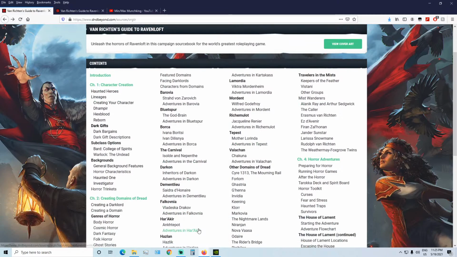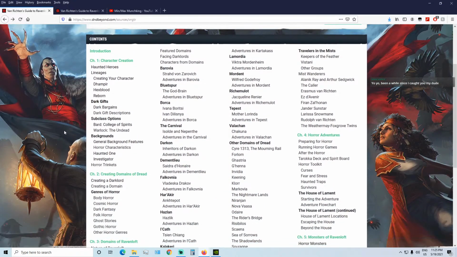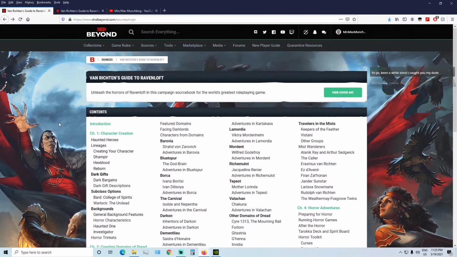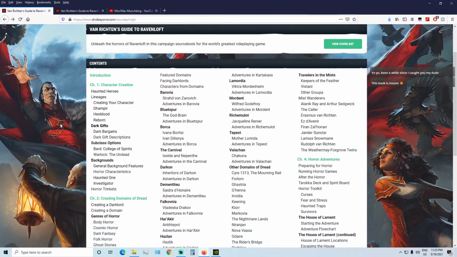Now, first and foremost, I have to say the art that they used for this book, I kind of like it the most compared to pretty much anything else that's come out recently. There's just something about this image. You know, Strahd. I mean, this is Strahd, right? Just kind of like ominously looking above. Kind of looks cool, you know. It pretty much caught my attention, and then I was like, yeah, let me actually see what this is about. And